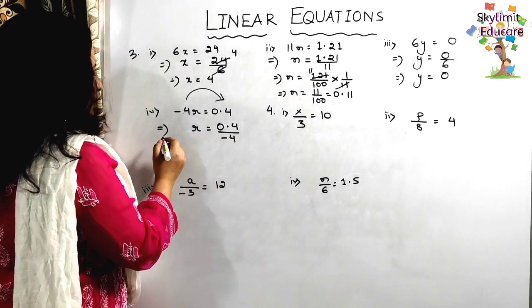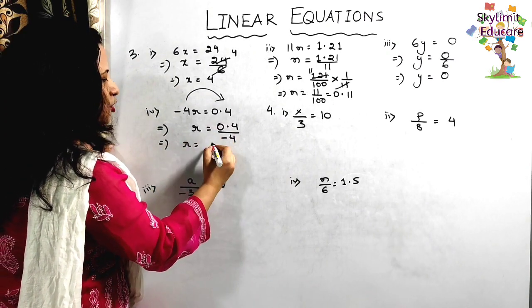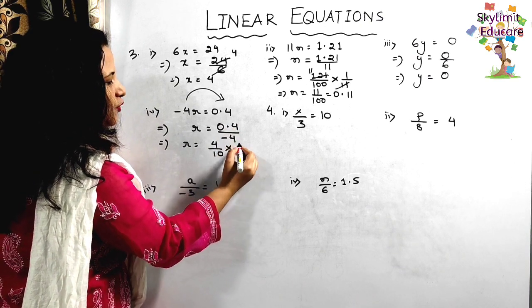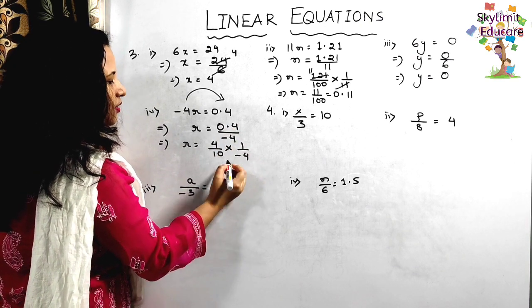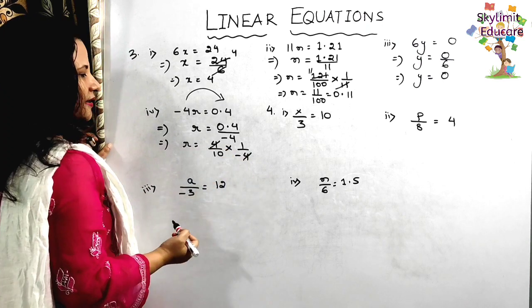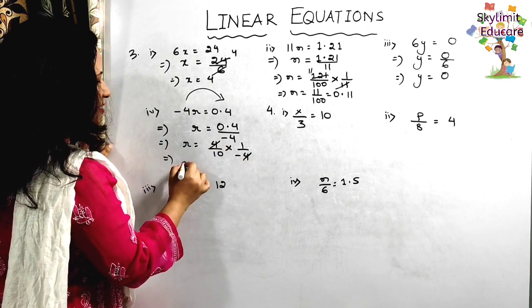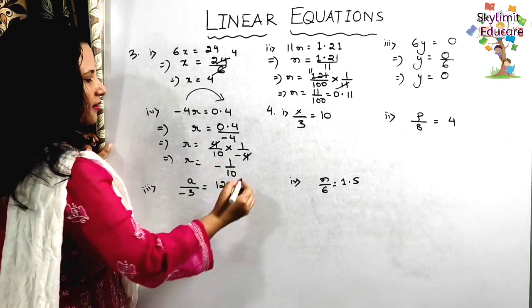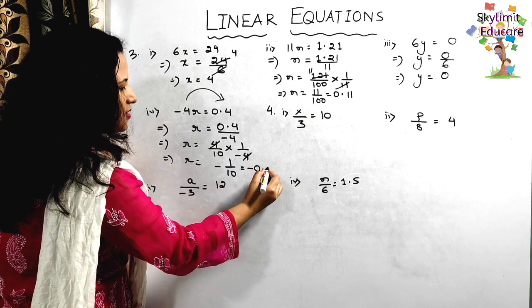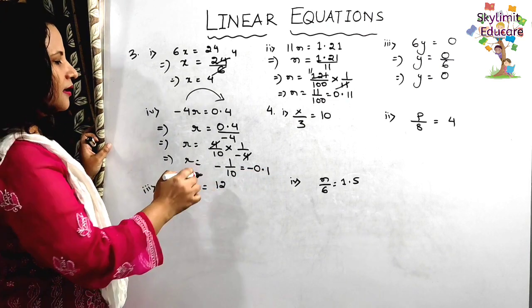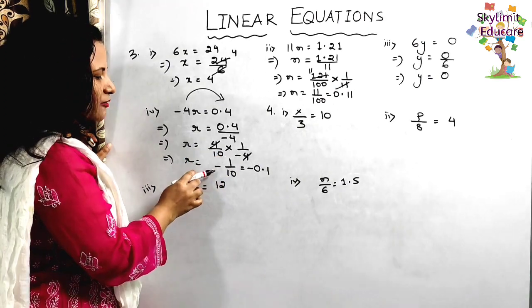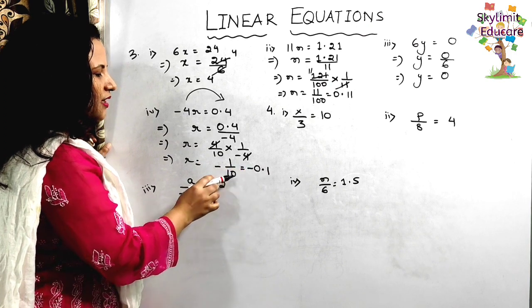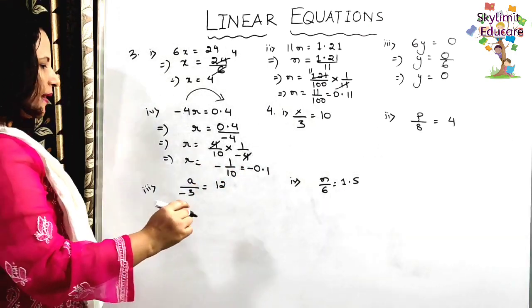Okay. So now let us divide it. So 0.4 you can write as 4 by 10. 4 by 10 multiplied to the reciprocal of minus 4, which is 1 by minus 4. So this 4 cancels out, right? 4 cancels out. So what is the answer you are getting here? Minus 1 by 10. Minus 1 by 10, or you can write it as minus 0.1. Why minus 1 by 10? Because both are multiplied. There is one minus sign, so answer will be minus only. Plus multiplied to minus is minus. 1 by 10 can be written as 0.1. So the answer is minus 0.1. Okay. Now next question.